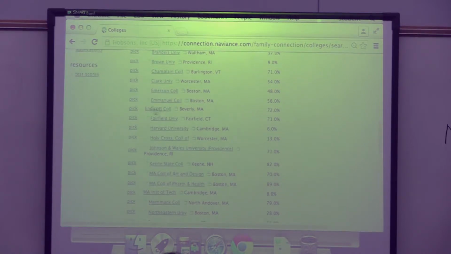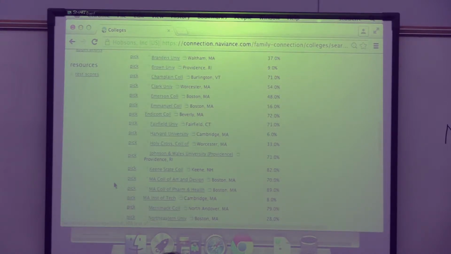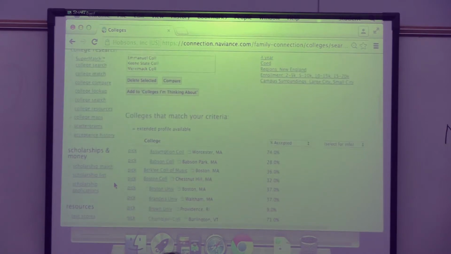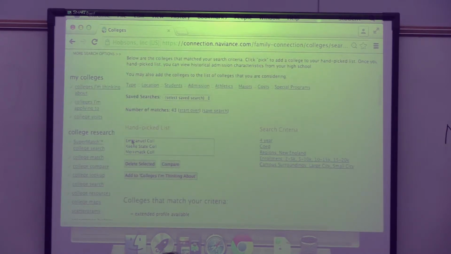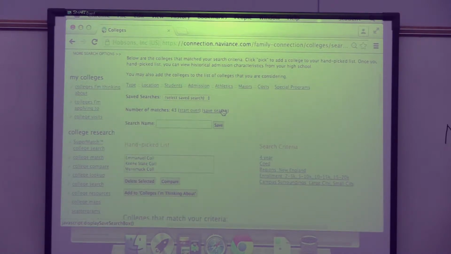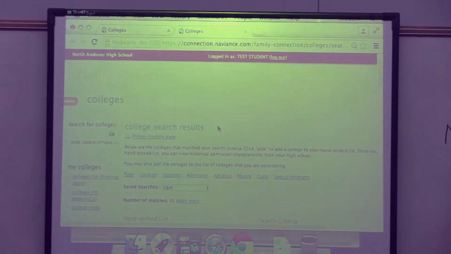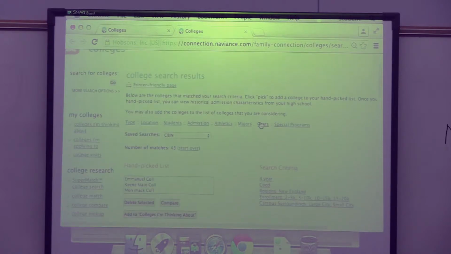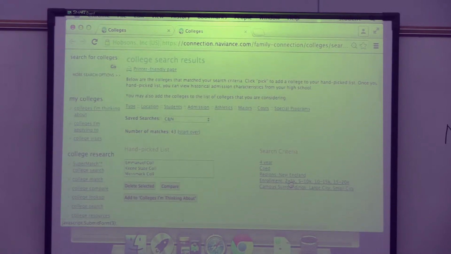So let's say we want our student to look at Emmanuel, Keene, and good old Merrimack. When I click pick, it shows up in this hand-picked list up here, okay? What we can also do is save this search. So we'll call this College Bound Junior Night and save it. Now whenever I log into Naviance, I can come back to this search